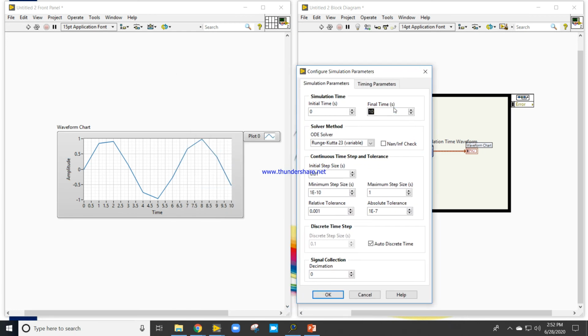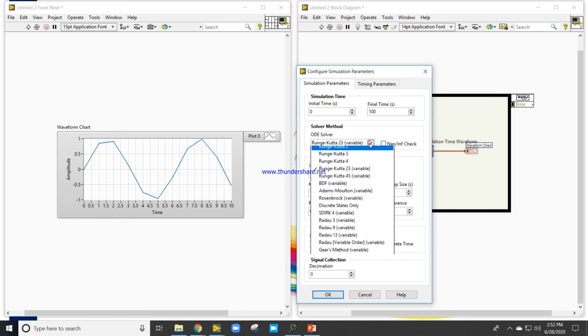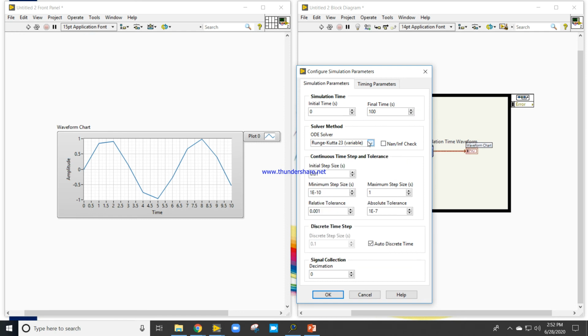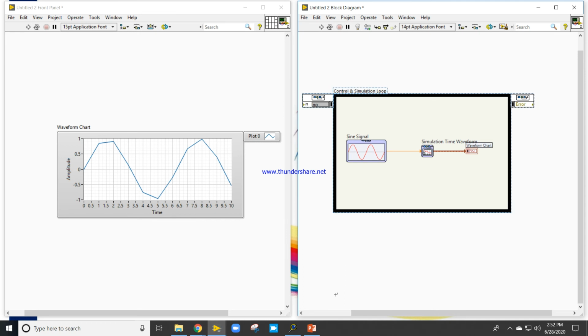Let me increase the final time to 100. After that, choose Euler Runge-Kutta, with step size 0.1. Now you can see my signal is a perfect sine waveform.